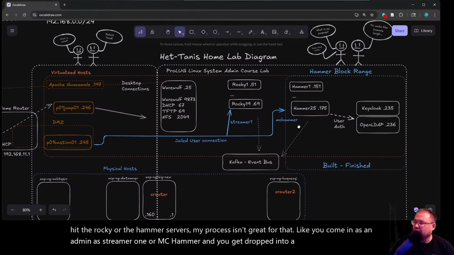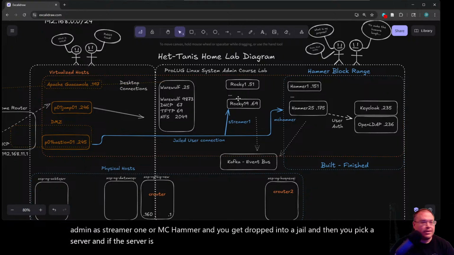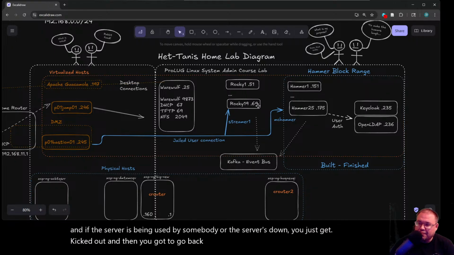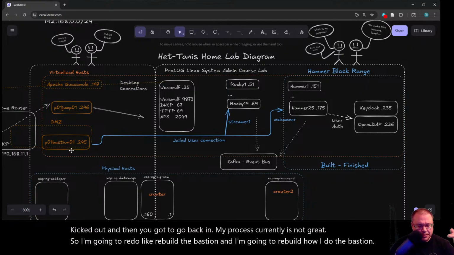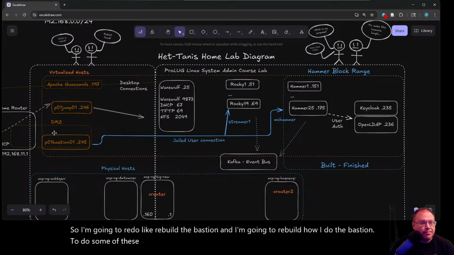and then you pick a server, and if the server is being used by somebody or the server's down, you just get kicked out, and then you have to go back in. My process currently is not great. So I'm going to rebuild the Bastion, and I'm going to rebuild how I do the Bastion to do some of these other checks that we have in place from...